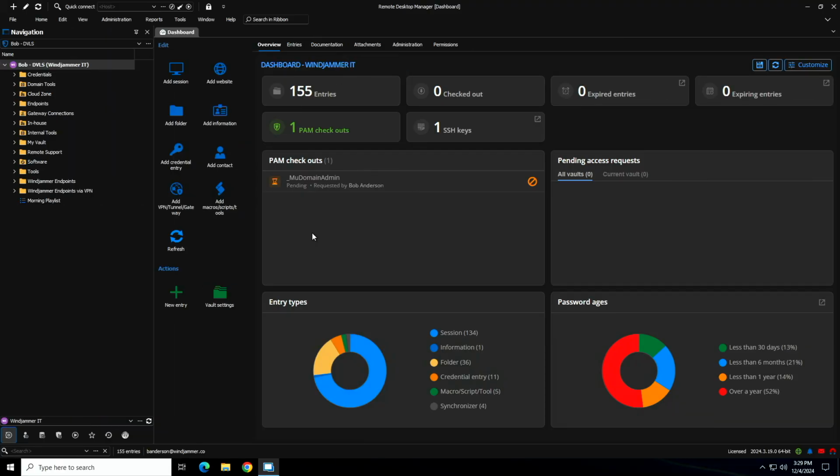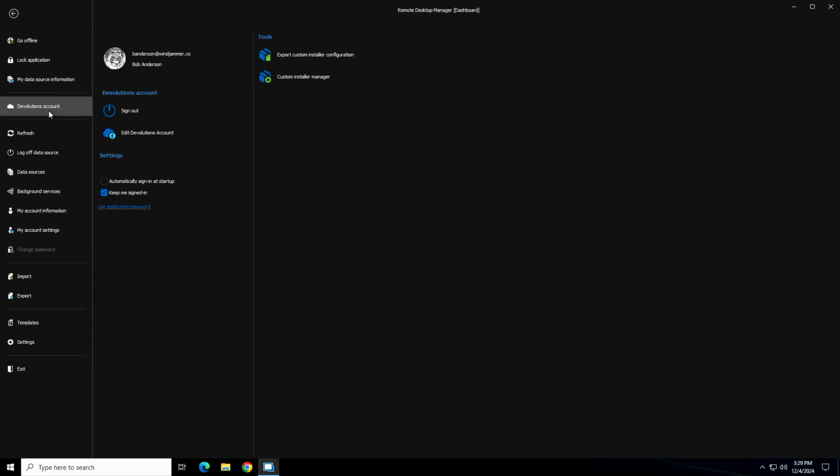If you've ever wanted to create a custom installer for your Remote Desktop Manager application, that being an installer that, once the application's installed, has pre-configured settings and even data sources added to it in advance, here's how you can configure that. Firstly, go to File, and then once you're in Devolutions Account, you'll need to sign into your Devolutions account. In this case, I'm already signed in with my user, so once that's done, we can go to Custom